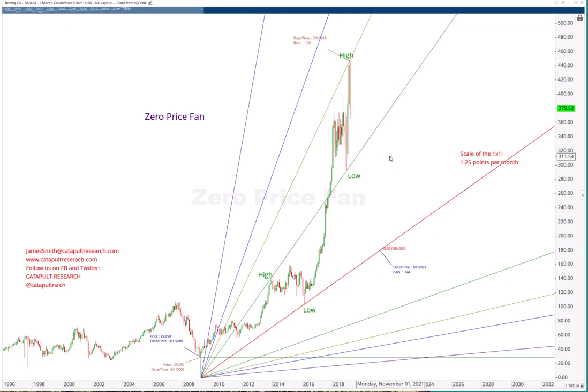That's the theory. Now, one can argue, hey, maybe you'll find support here and you'll just keep going back up. That's always possible. We don't know for sure. But we can say that if this line gives way, you should start looking for a test of this line. It's already been tested once. It might be tested again. So that's a quick view